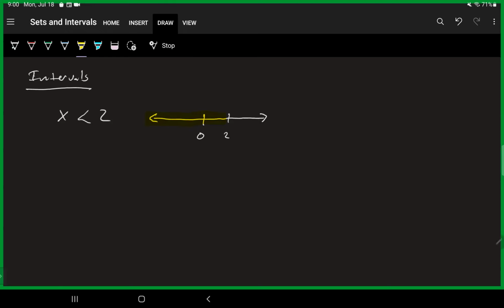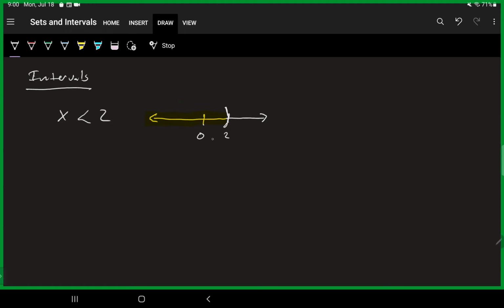So I'm allowed to get as close as I want to 2 in this case, but I'm not allowed to attain that value 2. So what we do is we use either a round parenthesis, opening up in the direction that we're concerned about, or we use an open circle. And lately I've been using the round parenthesis because that shows up a lot more in some software packages like Hawks or WebAssign. But either way, those are interchangeable. So this is saying the set of all numbers such that x is less than 2.